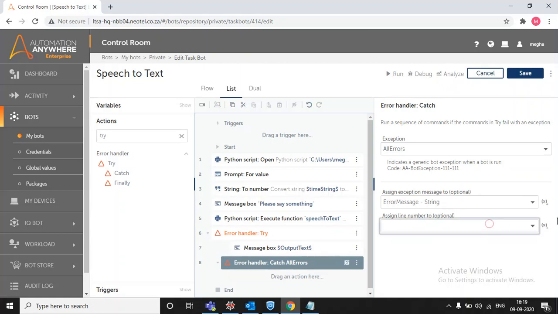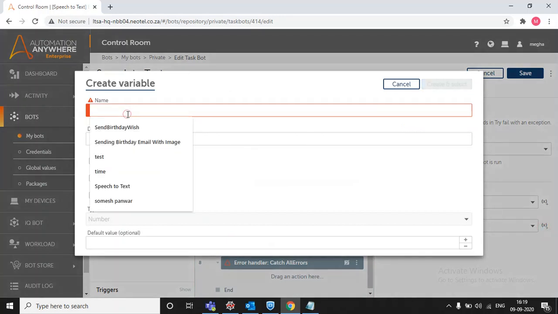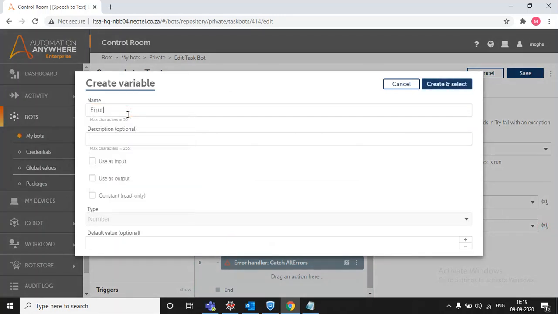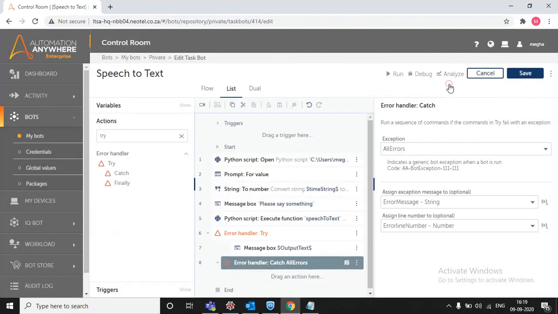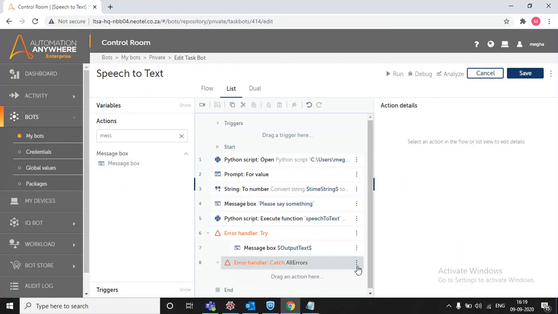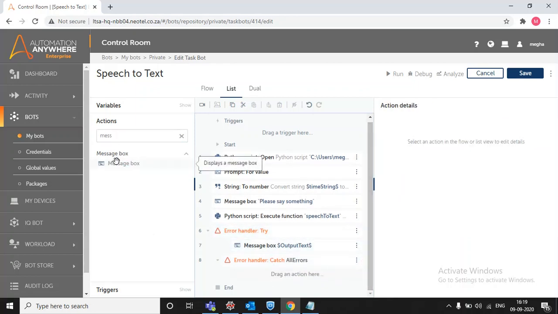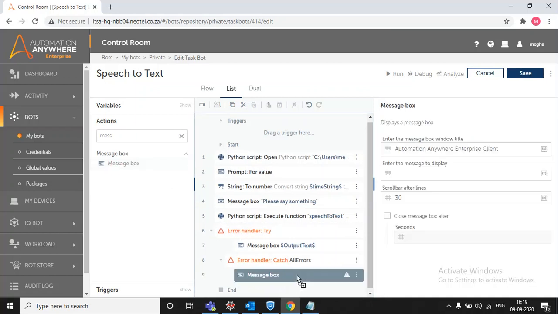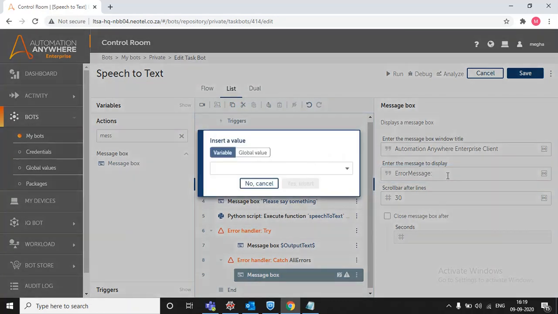And to know on which line the error is coming, I'm creating error line number, a number type variable. Here I'm using a message box option to see if any error occurs. For error message, I'll just pass my exception variable here.